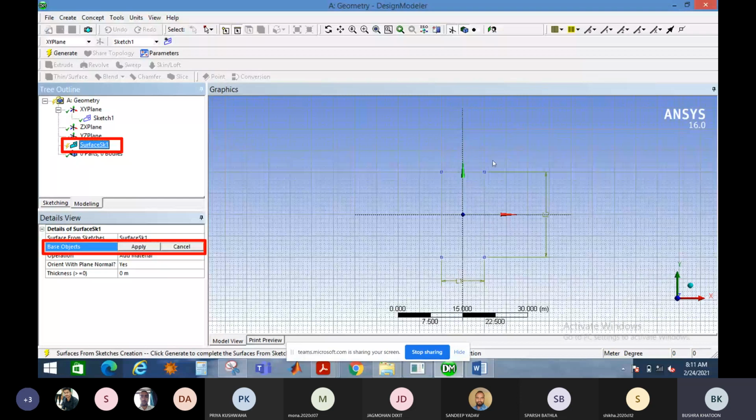window and click on this rectangle sketch. Once you click on this sketch, after that you have to apply it on this option. Okay, once you have clicked on the apply option, you have to generate surface sketch 1, because this symbol is still yellow. Once you click on this generate option, you can see your